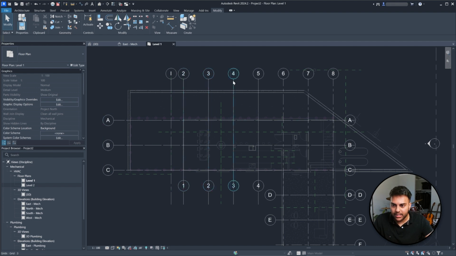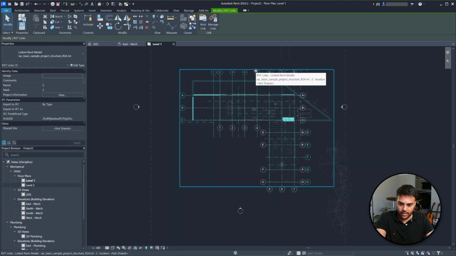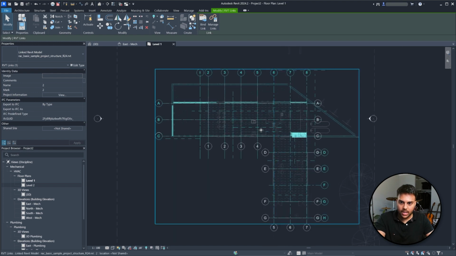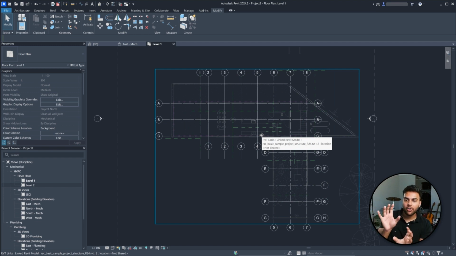And then everything is sort of like on the opposite direction. So if you click this structure, you'll see grid line 5 is over here, but the grid line 5 of our drawing is down here, right? So what I've seen now is I linked in the structure. It seems to be in the correct place,